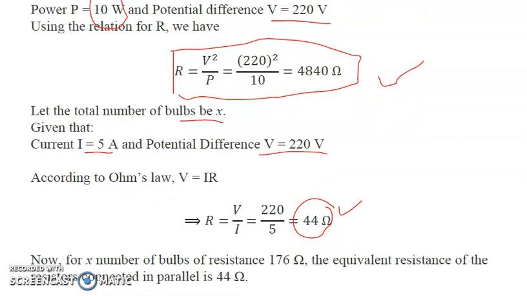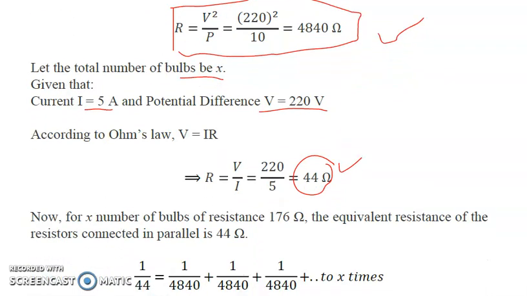So what we can do is let X number of resistances of 4840 and equivalent resistance in parallel be applied. ये सेम तरीका है जो हमने पीछे किया था. Means total resistance should come out to be 44 ohm such that all these resistances have to be applied in parallel. यहाँ पे 176 की जगह ये नहीं आएगा, यहाँ पे it will be 4840. जो हमने ऊपर है ना, यहाँ पे ये मिसप्रिंट है. So you write here 4840. ठीक है, यहाँ पे तुम लोग लिख लो इसको.